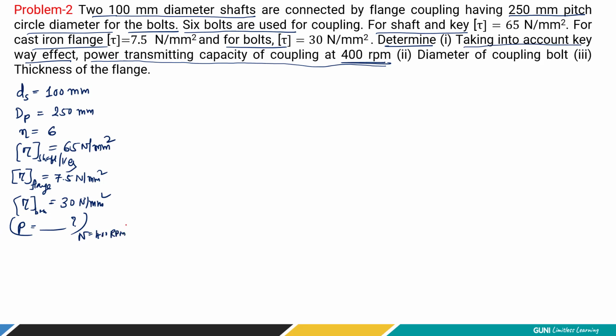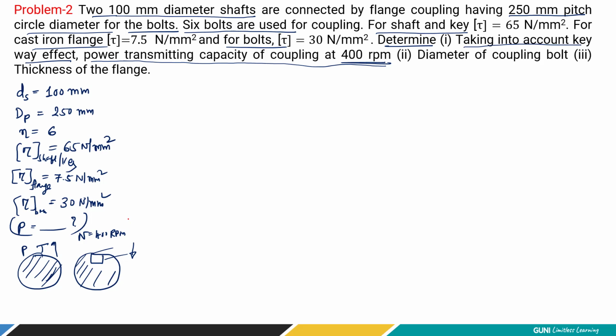But we need to keep in mind the keyway effect. Now what is written here? We need to find out the power that you can actually transfer or transmit through the given flange coupling, right? We need to consider the keyway effect. If you compare the solid shaft diameter and the shaft diameter with keyway effect, the solid shaft has a larger diameter, or you can say cross-section area, so you can transfer more torque, hence more power. But because here the keyway is considered, we have less material, so we can transmit a lower power value, right?